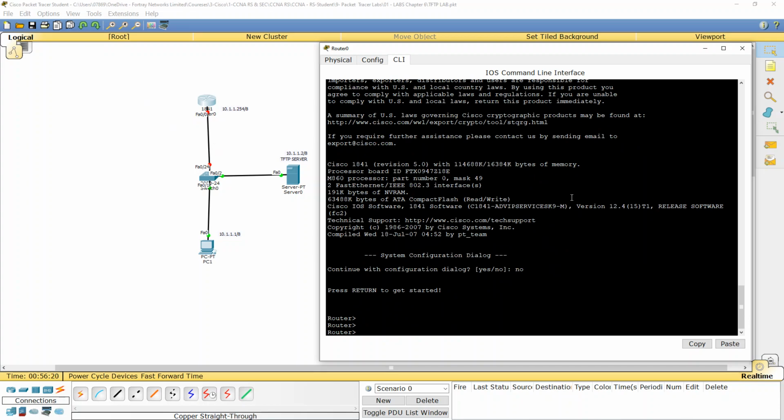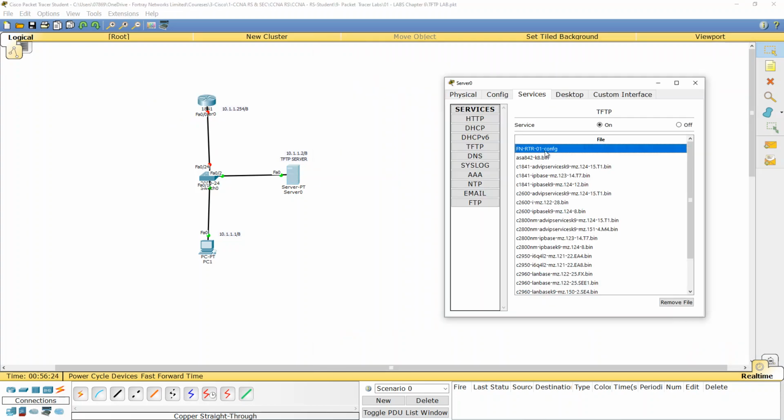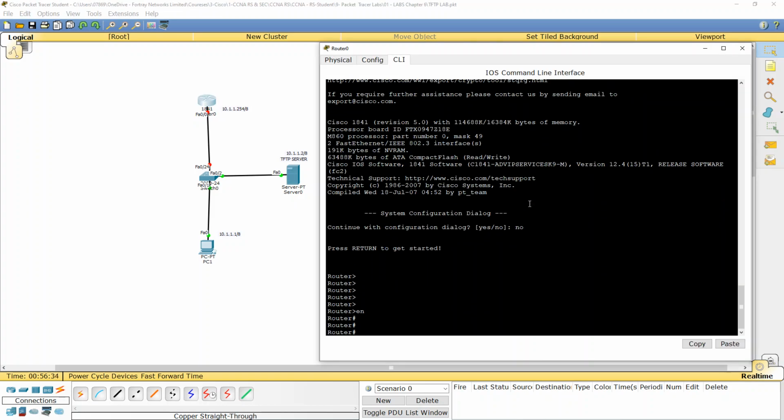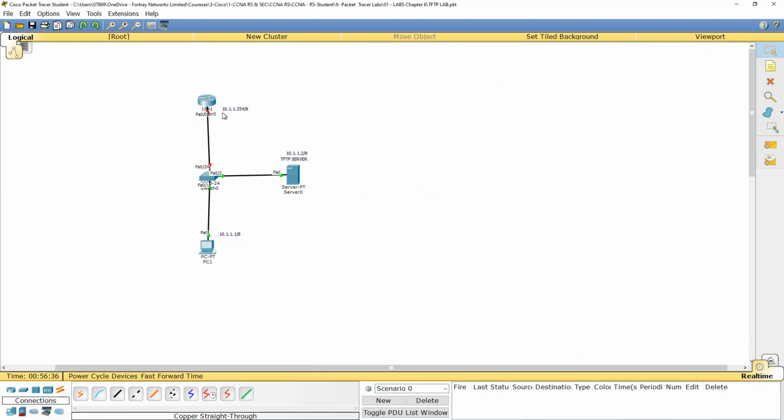Now, because I have taken the backup somewhere, I can load this file into my router. So let's say this is a new router. What is the minimum required from here? You must have a network connection between this router and the TFTP server. At least. Because if it's like this, it will not work.